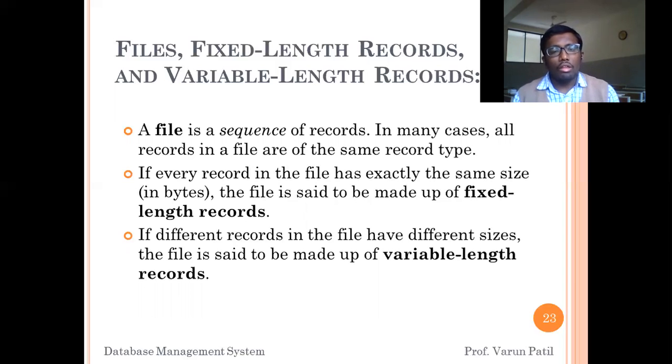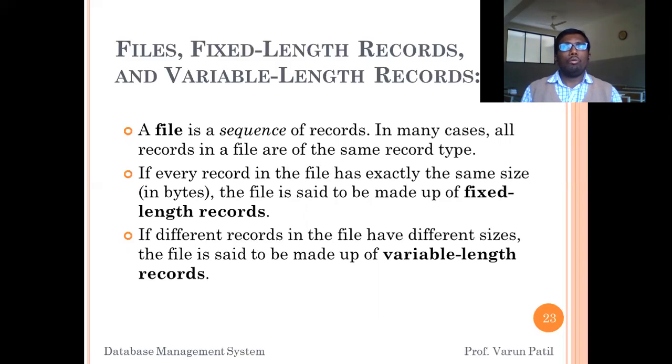If different records in a file have different sizes, that is, each record in a file has a different size, then we can say that it is a variable length record.